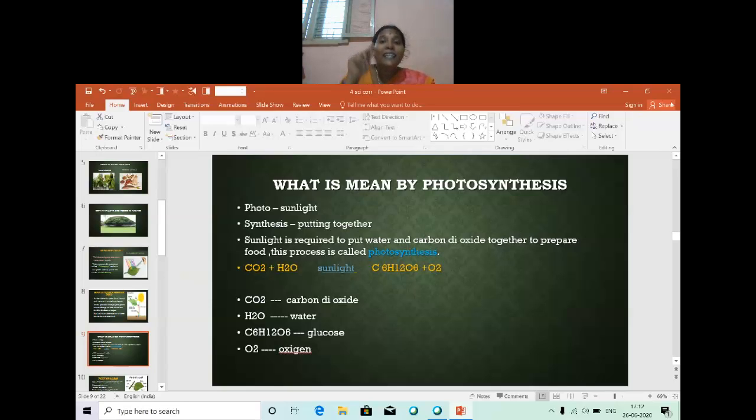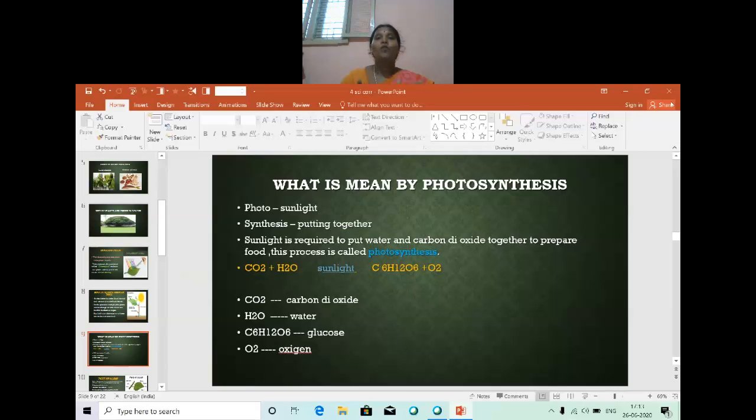She needs heat energy. How does she get the heat energy? She gets the heat energy from the cylinder, isn't it? You can see the cylinder in your kitchen now. This cylinder gives the heat energy. So she puts the vessel on the gas stove, and the gas gives the heat energy. She puts all the ingredients one by one into the vessel, water also. Then only she can prepare very delicious food. So then the vegetable rice is ready now.